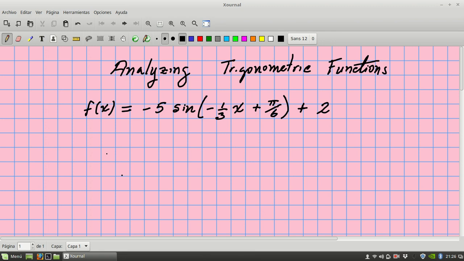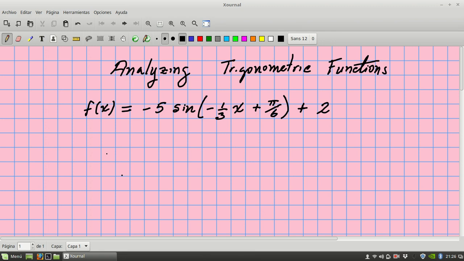So the idea is to analyze this function that you can see on your screen, and if you want to work a little bit with that before seeing this video, there's no problem. You can just pause the video and work on your own to see how to analyze the function. But this is the way I like to show how to analyze a